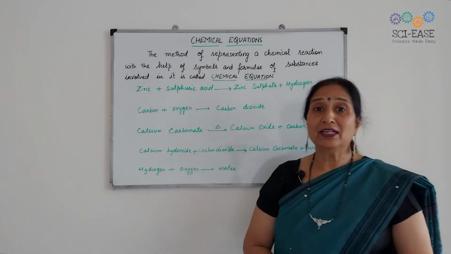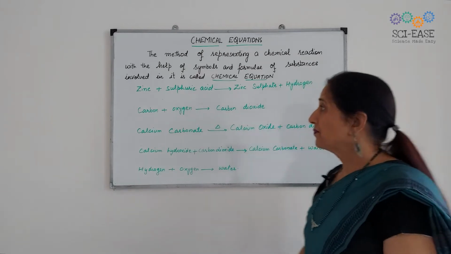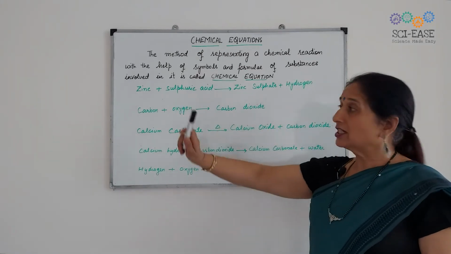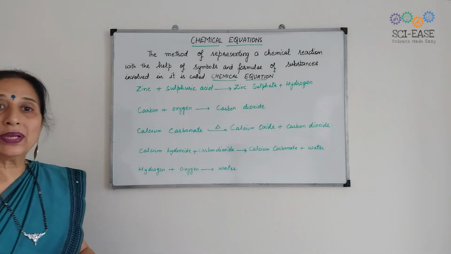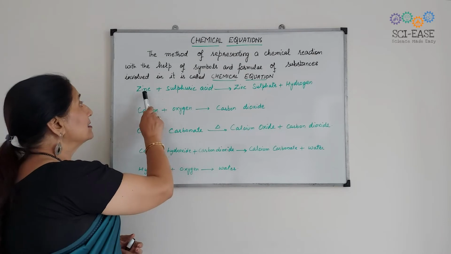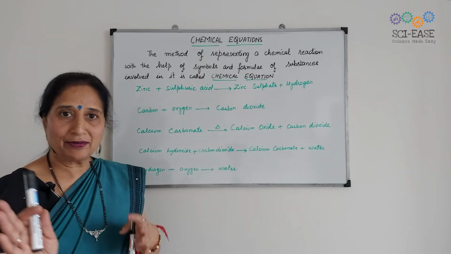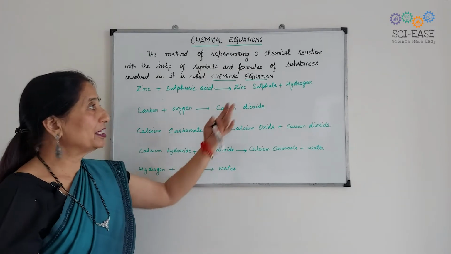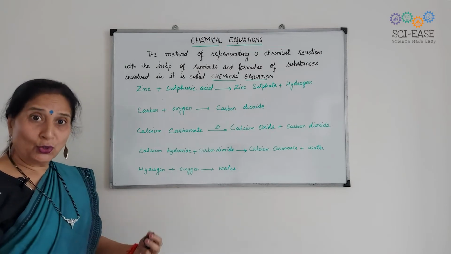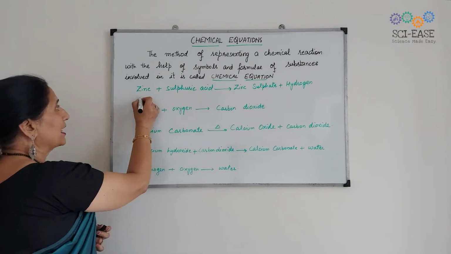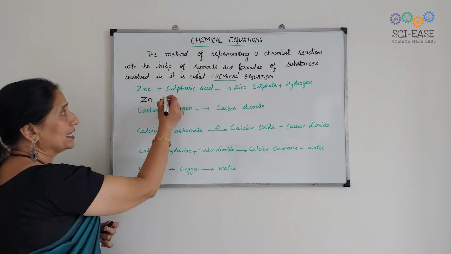So first I will discuss a very simple chemical equation. I will take up this chemical reaction as written on the board, and I will write the chemical equation for it. This is zinc plus sulfuric acid forming zinc sulfate plus hydrogen. Okay, this is the preparation of hydrogen. So for this you should know the symbol for zinc. It is Zn. Plus sulfuric acid,